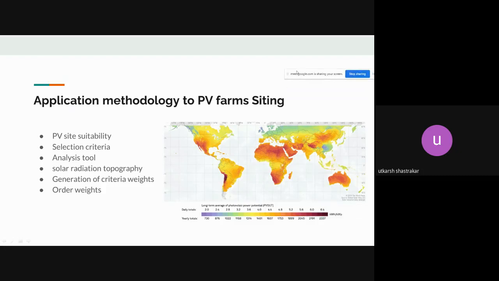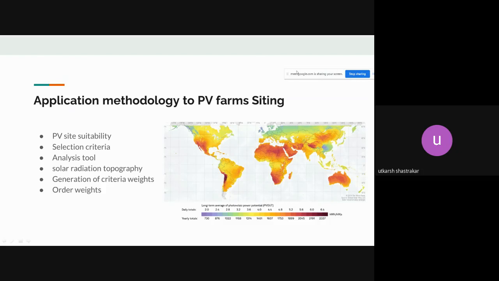So basically, it is a map which shows the average solar radiation that is received by the Earth's surface over an area of time, or in this map, it is particularly annual. And then there is a selection of the criteria. So in selection of criteria, we have to select different criteria which actually affect our